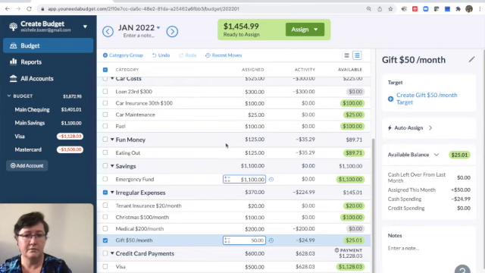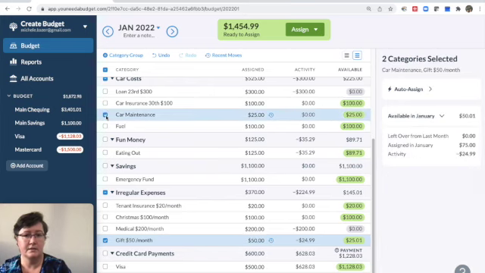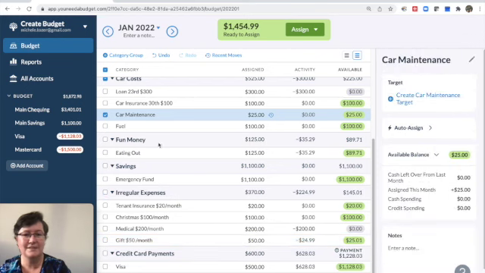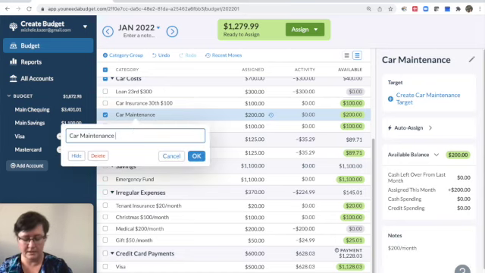Another common one for these types of things is your car maintenance. So we'll move up here, we'll unselect gifts. Car maintenance, another great example. You don't know when you're going to need it. You have some basics of oil changes and maybe your tire rotations if you live in a wonderful cold climate like here that we've talked about before, or anything like that. And so what you're going to want to do is start setting aside money. So let's say maybe you set aside $200 a month there as well, and you could put that in the notes, $200, and that's how you start to then build out your budget more and more for knowing what you need to do.